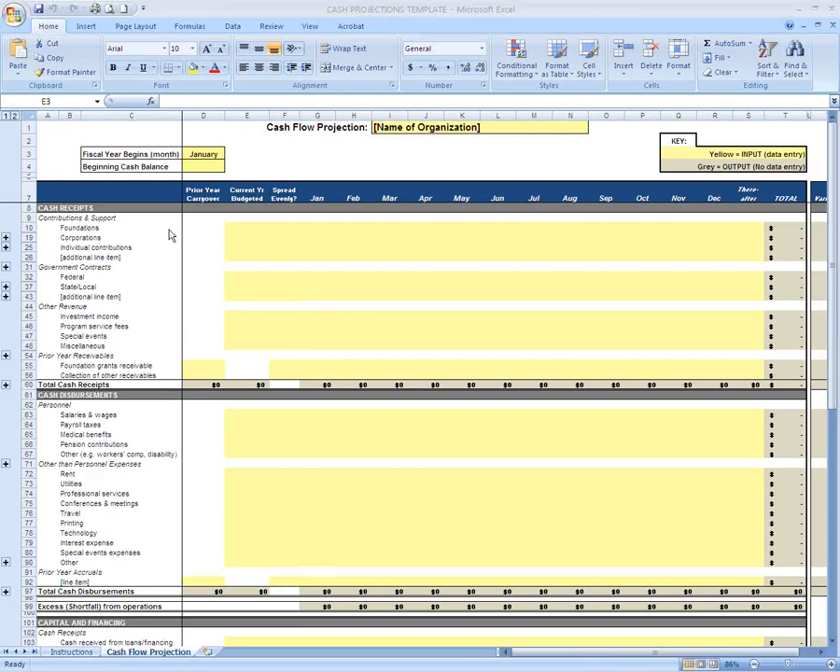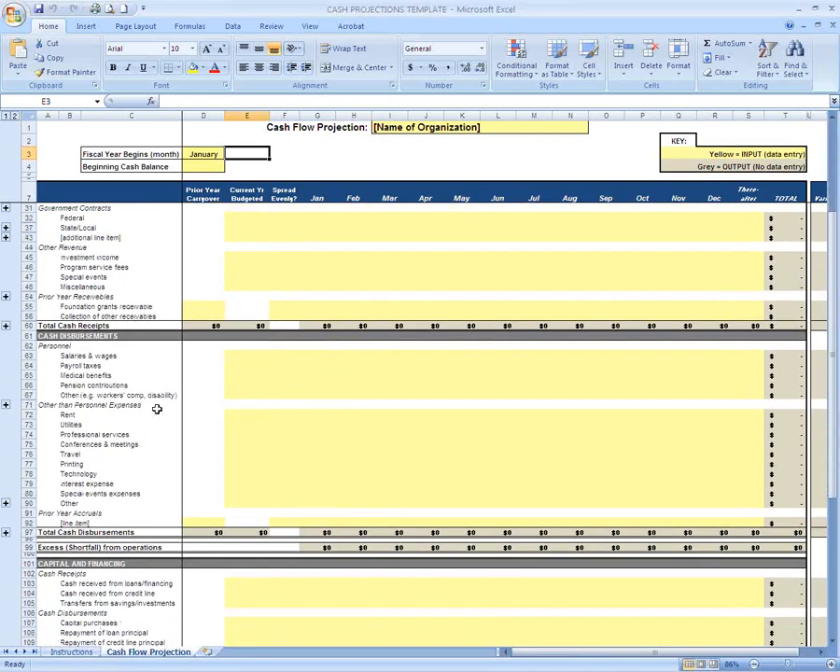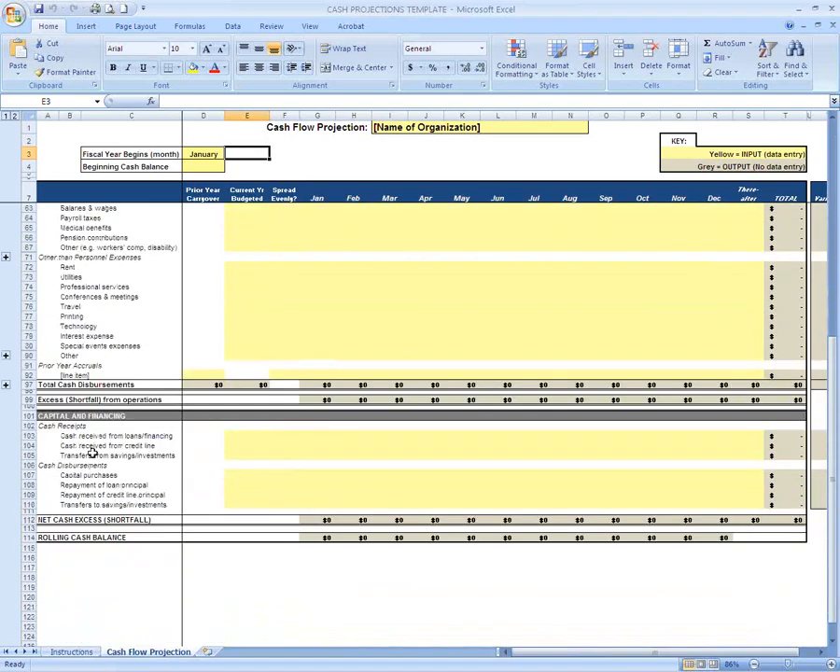So what it will do is basically provide a snapshot of your cash receipts for the year. That's in the first section. And the next section here is for cash disbursements. And then there's a third section that deals with cash flows from capital and financing, so there'll be some receipts